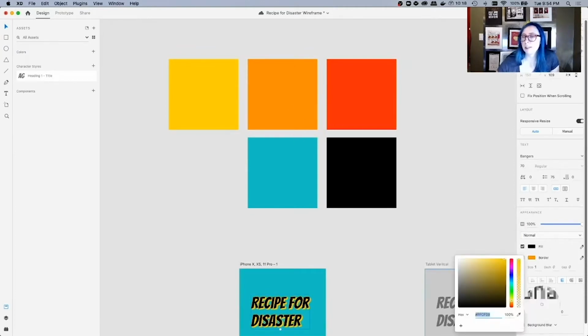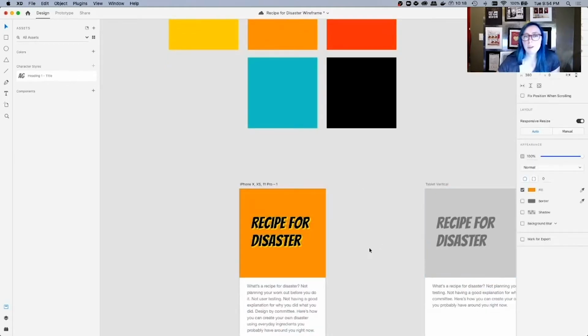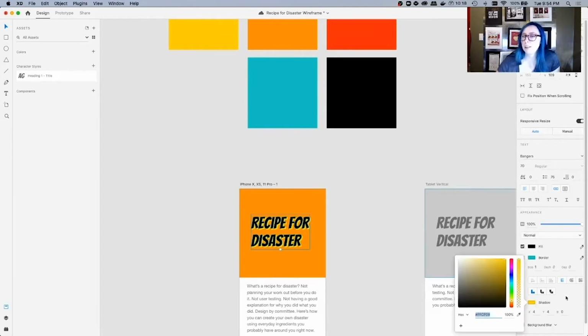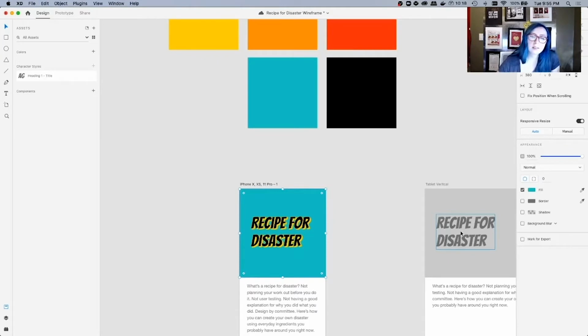Blue and orange is a really classic complementary pairing. We could also try it with an orange background. Even yellow's not bad. And then a blue shadow too. Or you may even decide to do your own thing. I think I really like the high contrast best. Not the red and yellow, that's too much, but I'm feeling this.